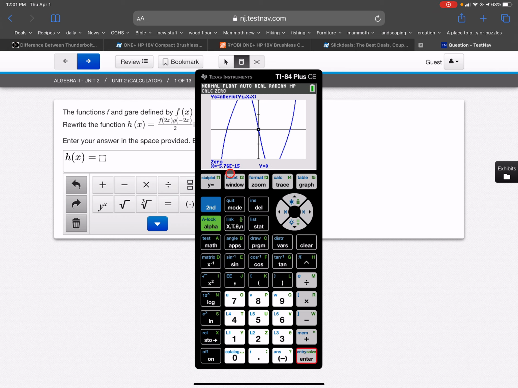And so that's pretty much 0. If you go 15 spaces to the left, that's 0. It's just probably a calculator error. Sometimes the calculator messes up when you're using exponential functions and things because it's approximating. It doesn't have an exact value. It uses something called Taylor series to approximate those. So that's 0. Because again, it's to the negative 15th power. If you move this decimal 15 spaces left,